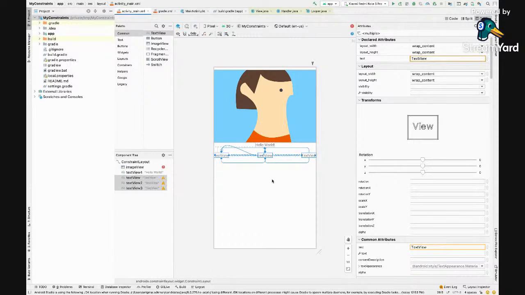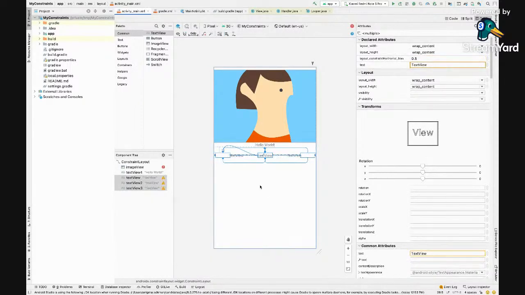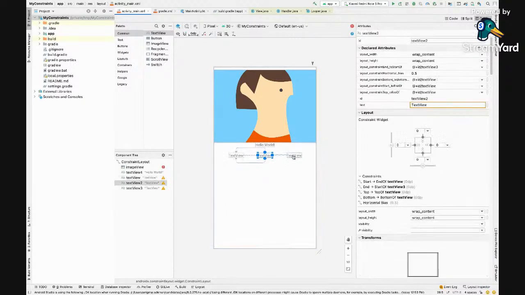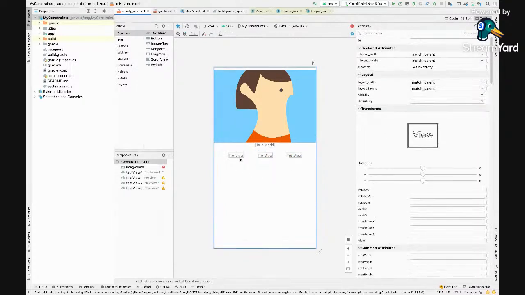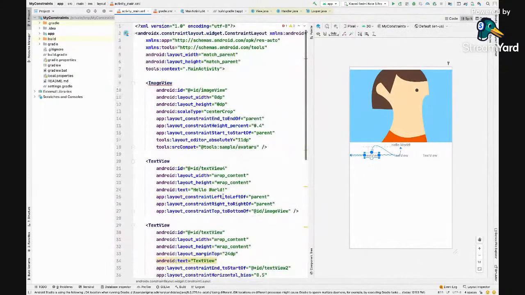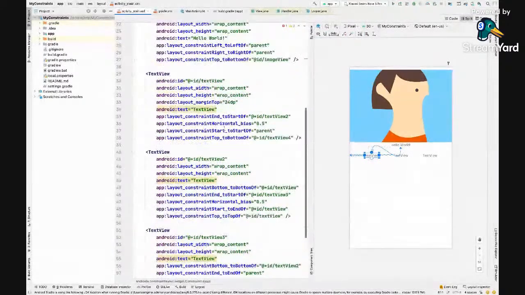You say something like back horizontally, or you can say center horizontally. So this will be in reference to each other, and it will get you all this. If you want to see the code for this, we are setting these three text views with reference to one another.